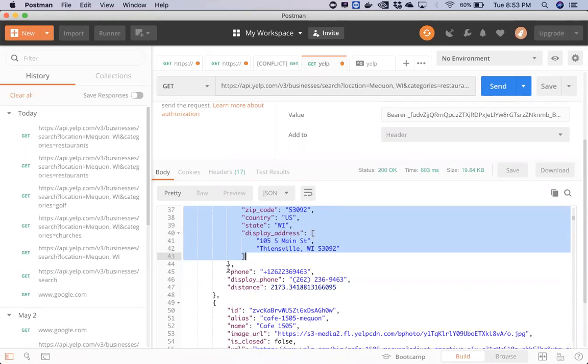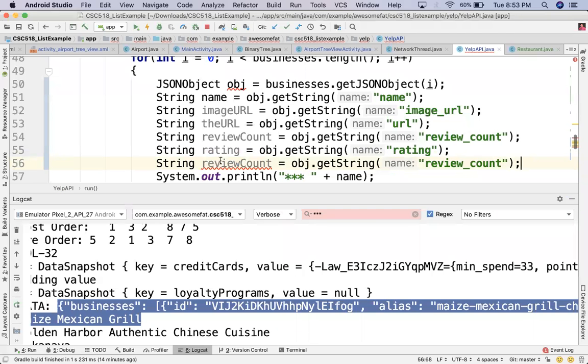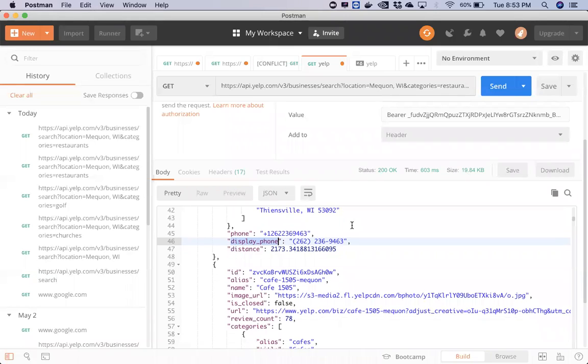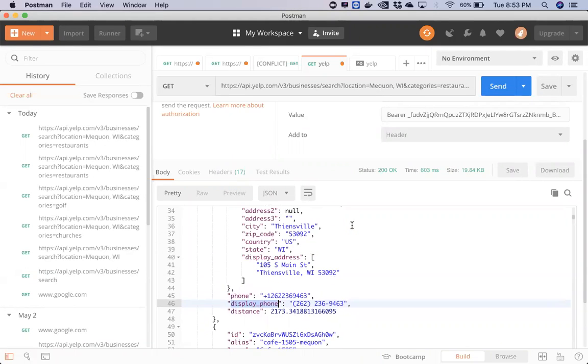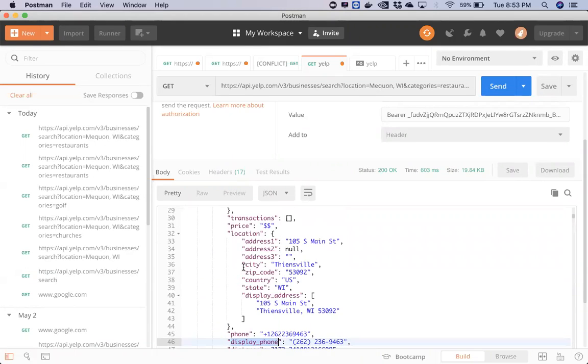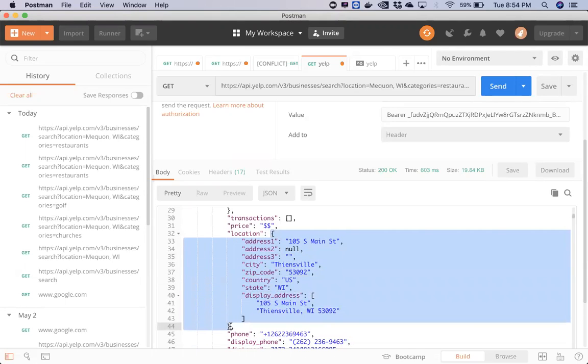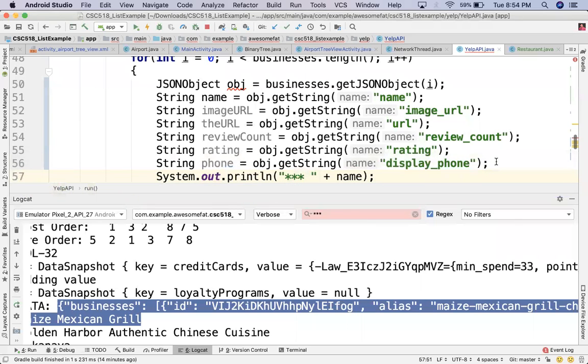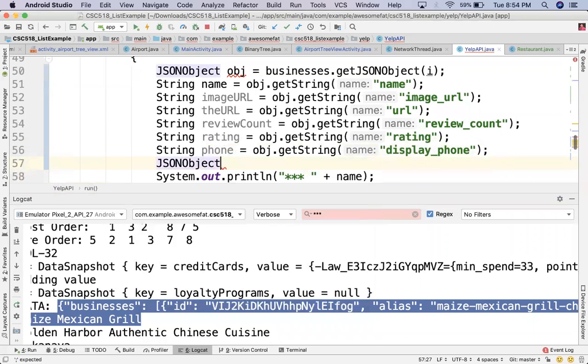Okay, so let me go ahead and grab phone real quick. Actually, I'm going to grab display phone. That looks like a prettier way of showing phone, right? I'll grab my display phone. So do I have everything now except for display address? Right. Okay, so I'll go ahead and get the value for location, but the value for location is a JSON object, right? Yep. I'll say JSON object